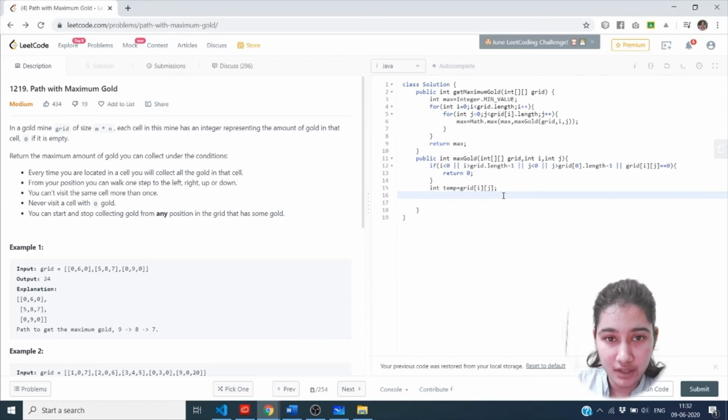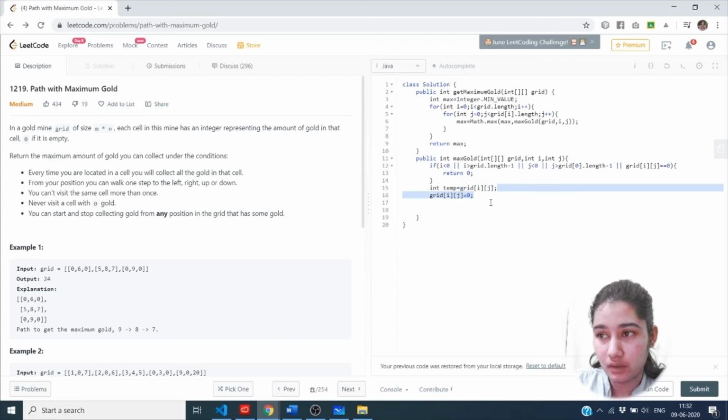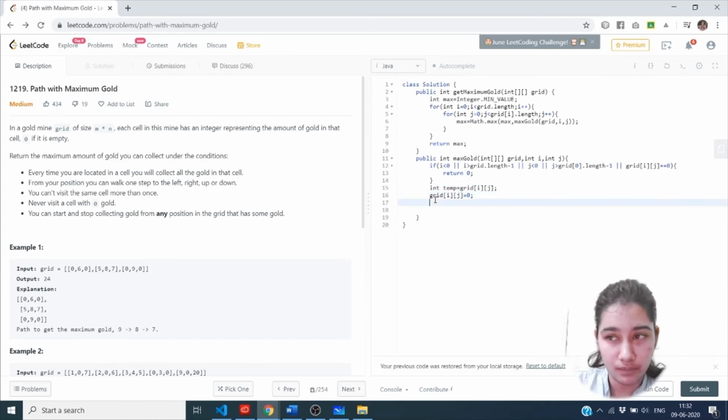So as we have discussed before, we have to store the grid value in a variable called temp, so that we can change the grid value to 0 later. So we have stored the value in the temp variable and changed the value to 0.